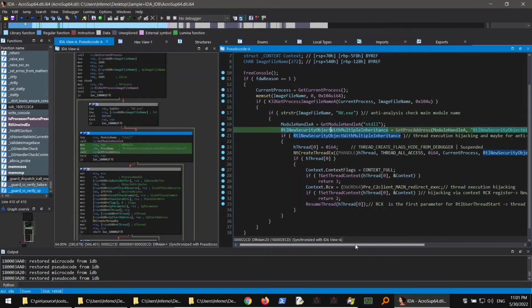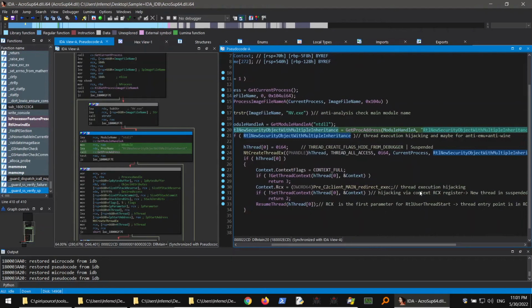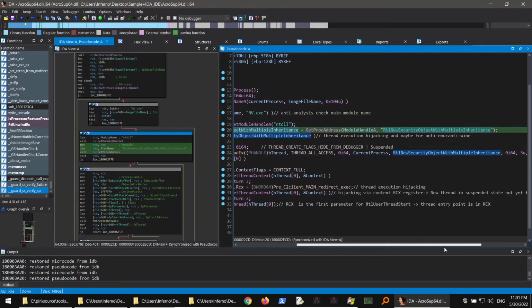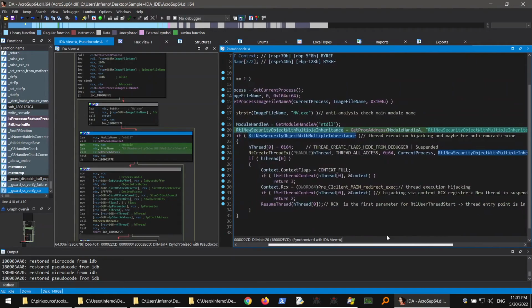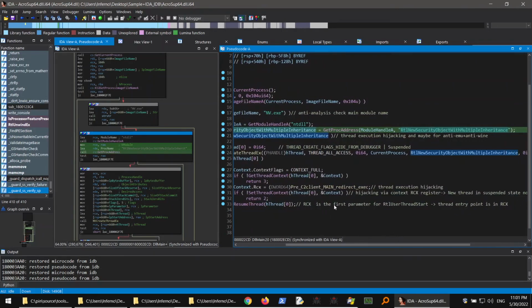Why? You can see it here. It's a thread execution hijacking, via the context RCX register. The new thread is in a suspended state, not yet fully initialized or initiated. RCX is the first parameter for RtlUserThreadStart. So whenever a thread is created, it will basically be in suspended mode. It will be waiting in RtlUserThreadStart, and the first parameter is in the RCX register